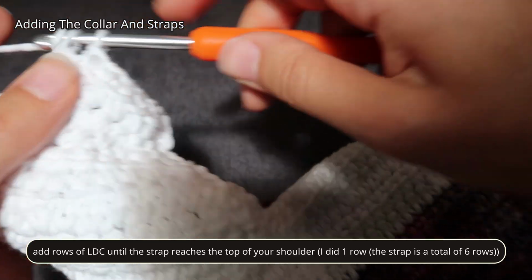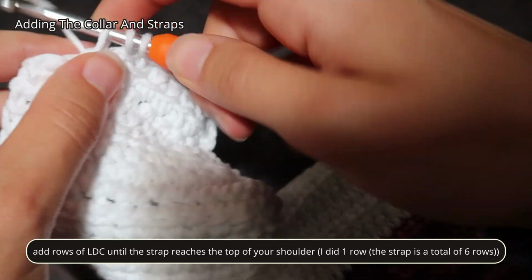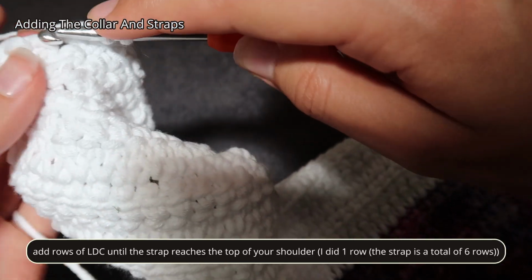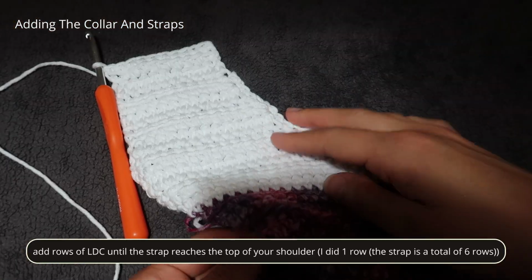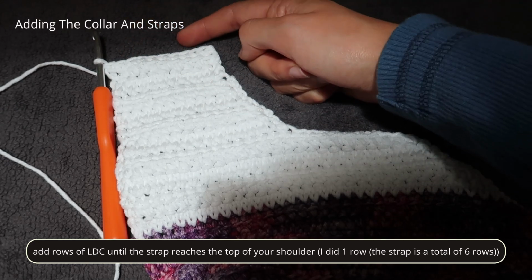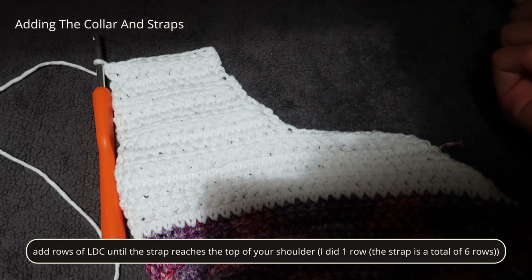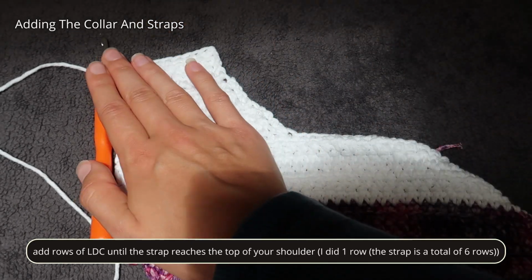So for me, 6 rows in total is perfect for the strap to reach the top of my shoulder. 5 of those rows I did a decrease, and now for this last row here I am doing no decrease because I'm happy with the width of the strap. So you just need to go ahead and complete as many rows as you need to have the top part here of the strap land right on the top of your shoulder, right in the middle top part of your shoulder basically. So as I explained, this panel and the other panel can line up perfectly right at the top